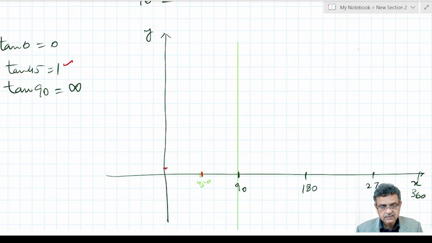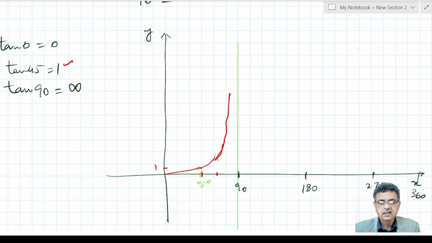So if this is 1, then it will be here. So from 0 to 1, it moves this way. This is a curved path. And then at 60 degrees, its value is 1.73, so this is approximately less than 2. And after that, the value of tangent increases rapidly,